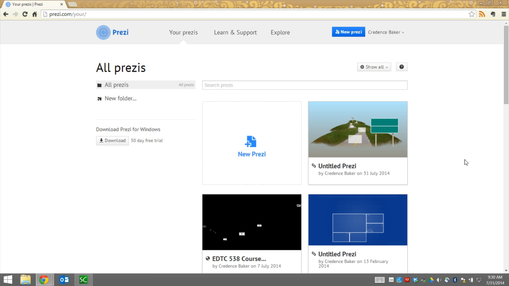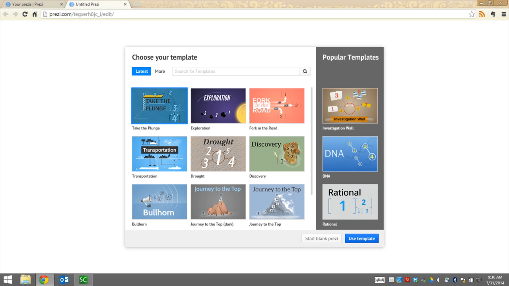So once you get logged in, you're going to see a blue button for New Prezi, or you can also click here in this blank square on New Prezi, but either way it's going to get you to where you need to go. And the first thing that it does is give you a lot of different template options,